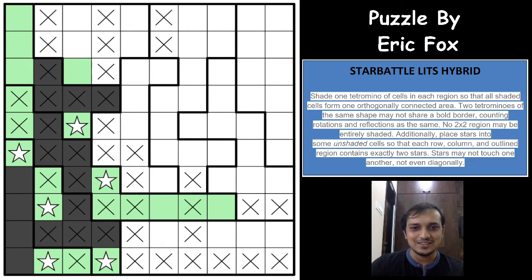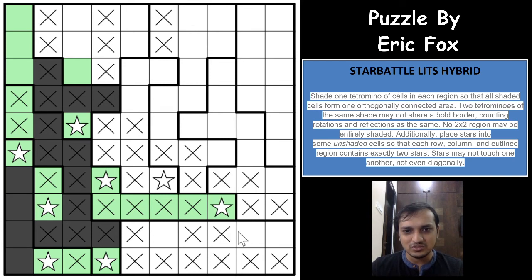And again an excellent logic. So if you see here, if this is a star, let me show you that. If this is a star, so these 3 cells cannot be the tetromino cell, these 5 cells will have to be the tetromino cell, right? And however you make, this would form a Z shape, an S shape, either these 4 cells or these 4 cells, and it will touch this Z shape. Not possible. So this cannot be a star now, and one of these 3 cells will be a star, and this cell would have to be a star now. Superb.